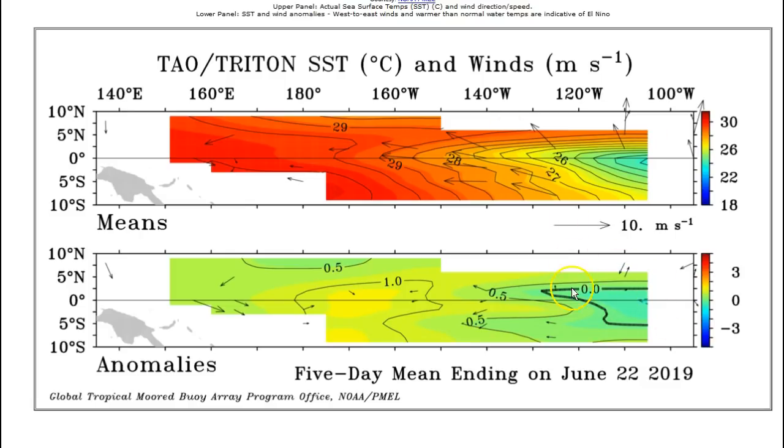All right, anomalies, differences from normal for this time of year. Yeah, we have east winds. That's normal this time of year, and they're not stronger or weaker than normal in the East Pacific. Central Pacific, maybe a little bit stronger. You see some arrows out of the east. But when you get into the West Pacific, these west arrows or light winds here mean we have westerly anomalies here. That is good for feeding the jet stream, and if they stay westerly long enough and strong enough,